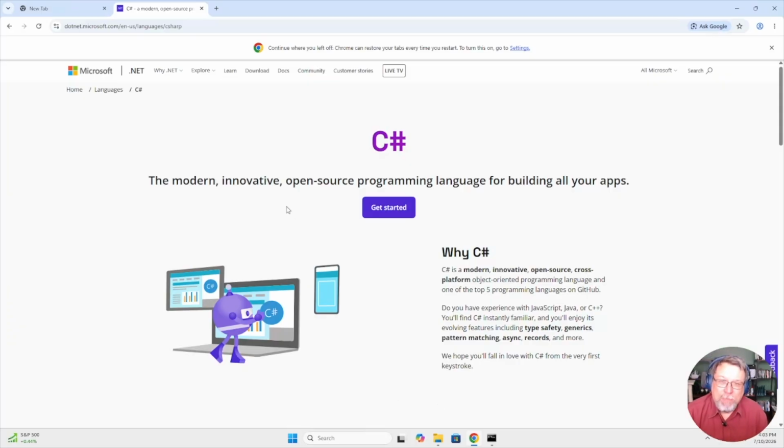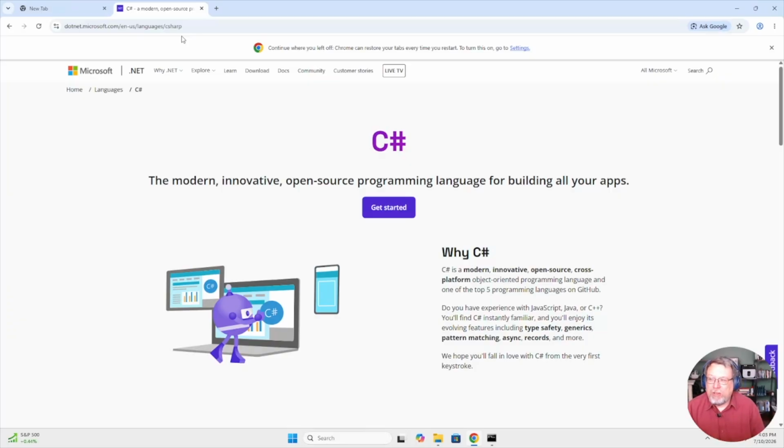So C# is a Microsoft product, but it is open source, and it can run on any system you want, any operating system. Mac OS, Windows, obviously, and Linux. However, the default way to run C# is in Windows, so we have to have a cross-platform way to run it.